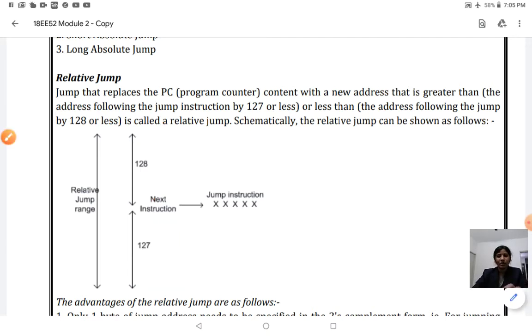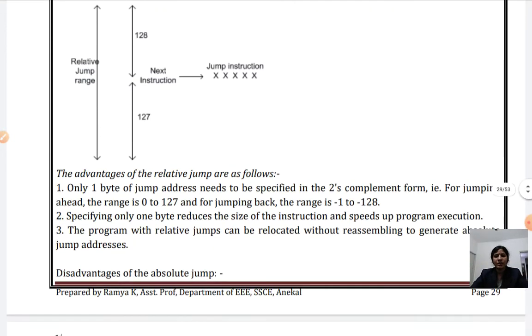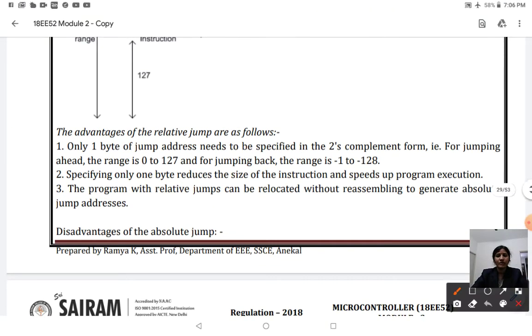It depends upon the memory size. So if the jump is within 127 ahead or 128 back, then the relative jump instruction works. The advantage of the relative jump instruction is that only one byte of jump address needs to be specified, in 2's complement form.